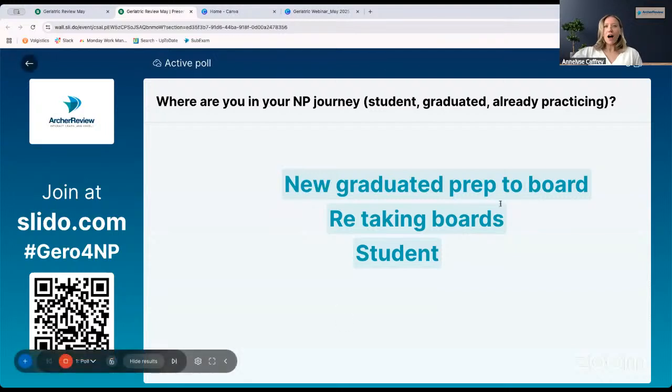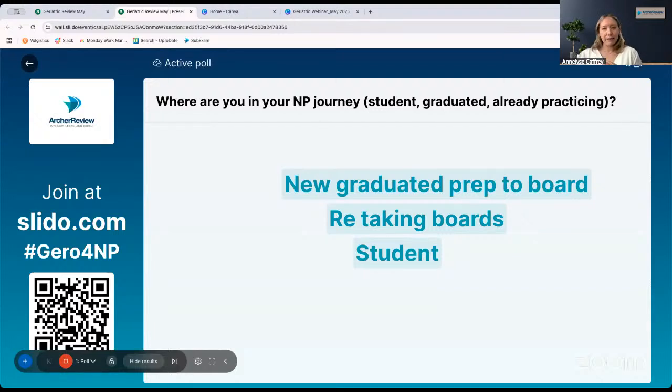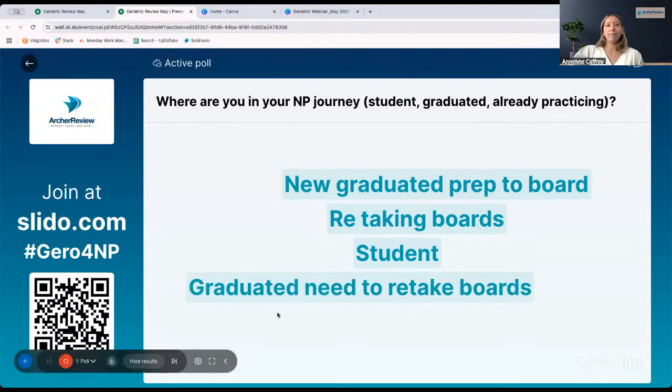Okay, guys. Awesome. So we've got a couple different groups. We've got people taking their boards, retaking their boards, which is never something to be embarrassed about. We're going to get you to that spot where you feel confident. You're going to pass with flying colors. If you pass grad school, I'm not worried about you. If you pass grad school, you're going to be an awesome provider, and boards is the only thing in the way right now. It's not a test of if you're going to be a good provider or not. It's just a test, and that's all it is. So we will make sure we go over all that stuff. You guys are going to feel totally confident.